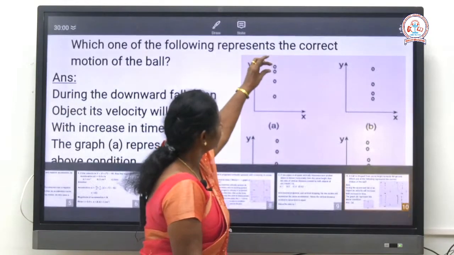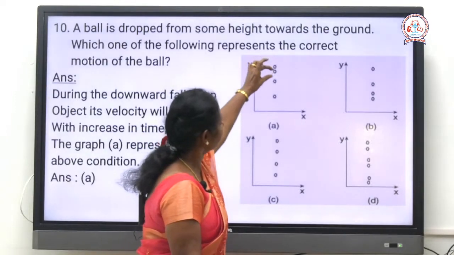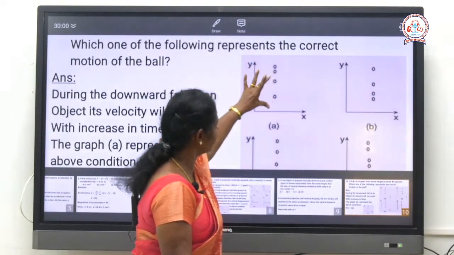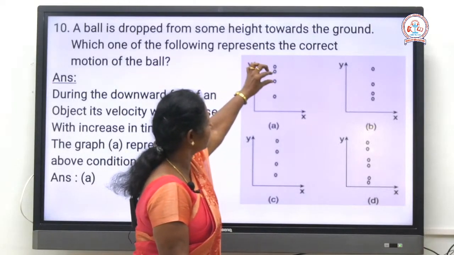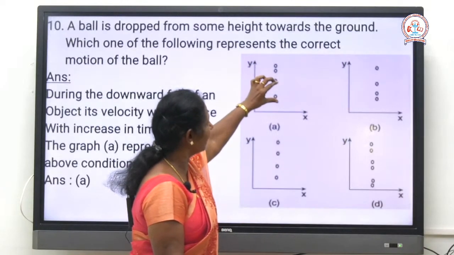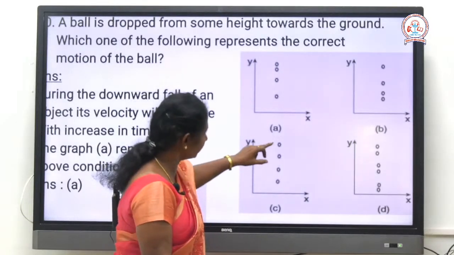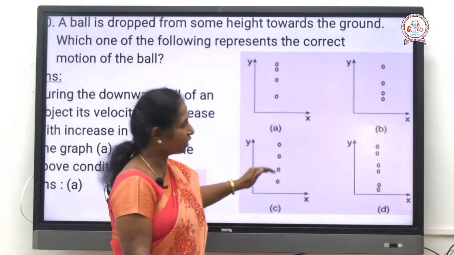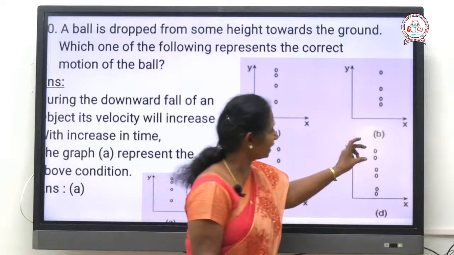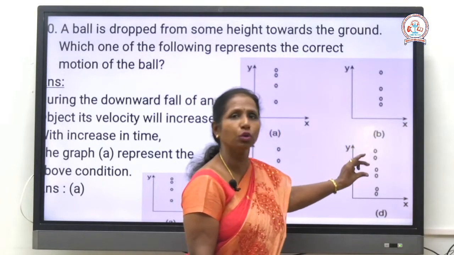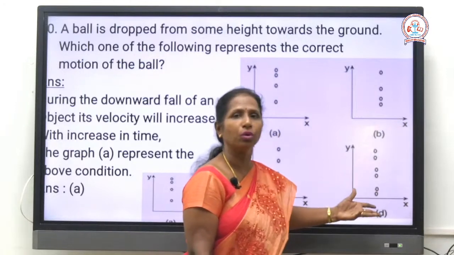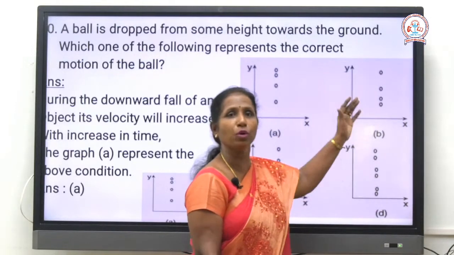See this diagram. First the spacing is less, then it is more, and then it is much more. So it is a gradual increment: slow, a little bit greater, again greater. Then see this one, the position of the ball is equal here. Here two balls are closer and the space is more, again two positions are closer and the space is more. So these are all irregular motion.